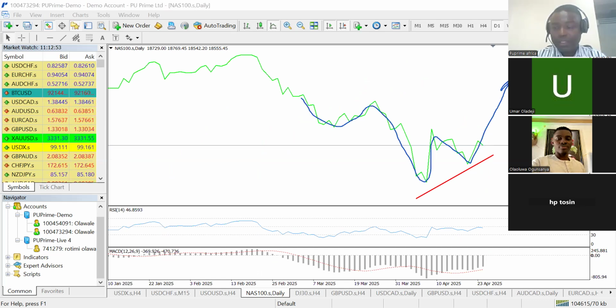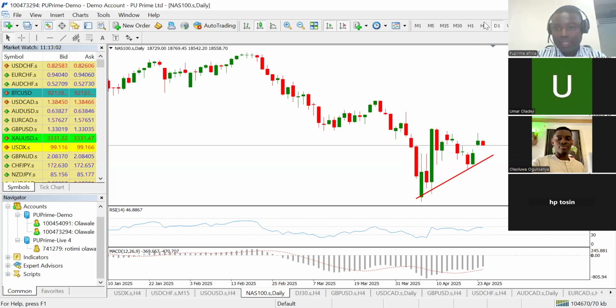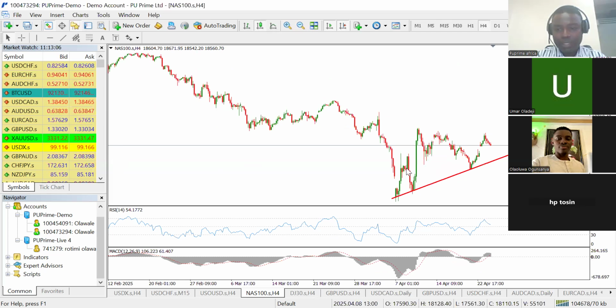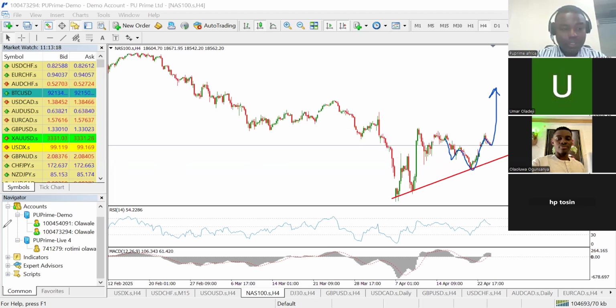So that coincides with the general fundamental outlook of the NASDAQ, that's NAS 100. So if you combine the fundamental and the technical, we're maybe looking out for a more bullish NASDAQ. And on the 4-hour time frame also, we're seeing a pattern that looks a lot like an inverse head and shoulder, which may see NASDAQ go higher. On the short term, we may see some slight bearish movement, but in the bigger picture, NASDAQ might go bullish.